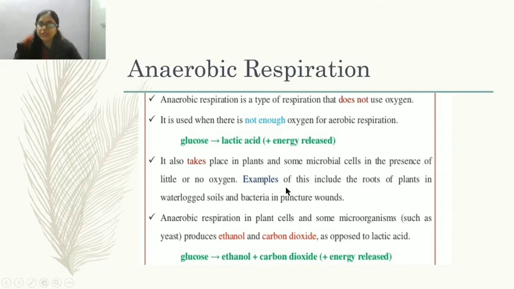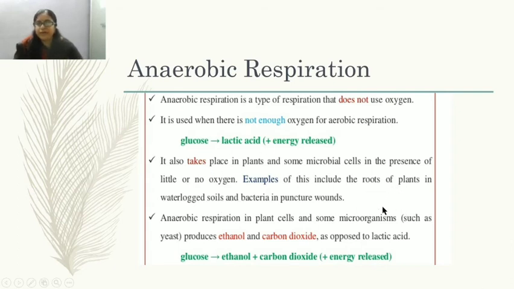What are examples of anaerobic respiration? Examples of this include the roots of plants in waterlogged soil. Waterlogged means where the amount of water is maximum. A much larger amount of water is present in the soil, so that soil is known as waterlogged soil. So in that soil availability of oxygen is less. When oxygen is not available, then the cells of the root